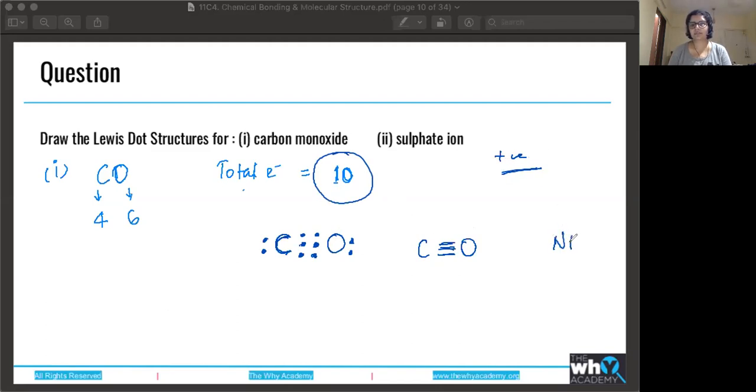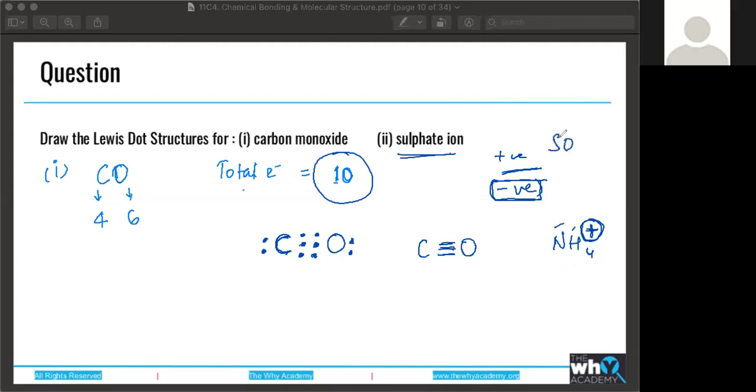For example, if you had ammonium, NH4 plus, you take the total number of valence electrons of nitrogen and 4 hydrogens and subtract 1, because one positive charge means one electron is less, which is why it gets a positive charge. And if it's an anion, where does the negative charge come from? It has that many extra electrons, so you add whatever the charge is. For example, when you're doing it for sulfate, what is the formula of sulfate?